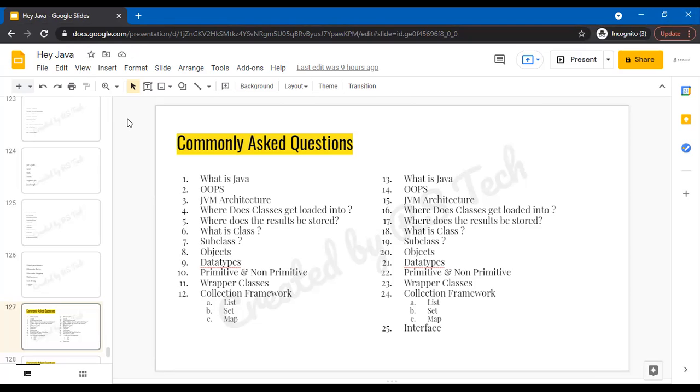So we'll go into the commonly asked questions. So, what is Java? First thing people usually ask, what is Java? It's just a programming language, like any other language, PHP, .NET. So why? What is special in Java? There's nothing special in Java. A group of people who liked writing syntax in this way, they developed a programming language, Java.